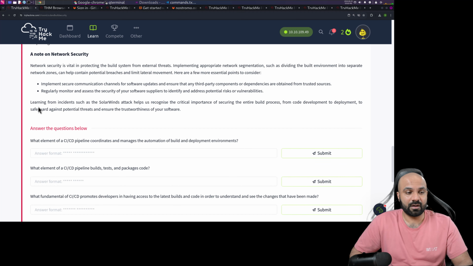Because we are learning from the SolarWinds attack. Learning from incidents such as SolarWinds attack help us recognize the critical importance of securing the entire build process from code development to deployment to safeguard against potential threats and ensure the trustworthiness of your software. Okay. ट्रस्टवर्दीनेस से मुराद है कि फॉर एग्जांपल अगर सॉफ्टवेयर किसी बड़ी कंपनी से आया